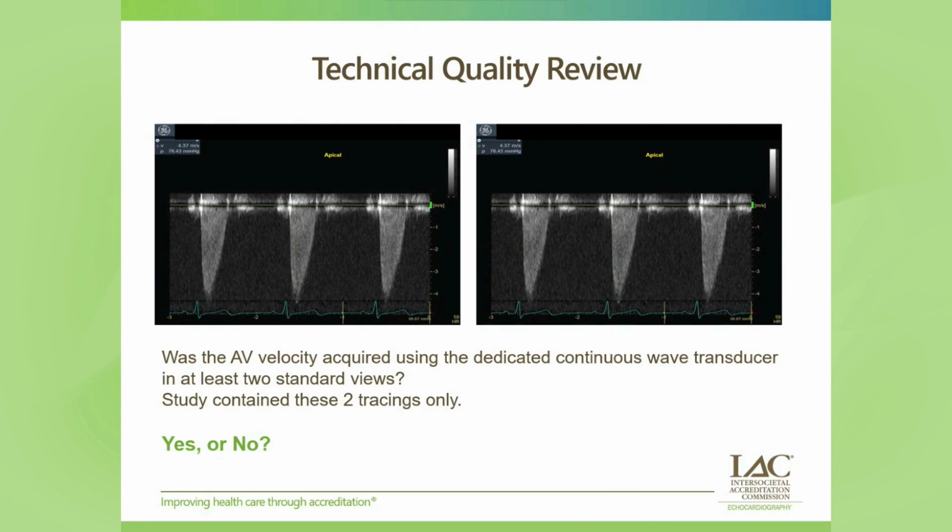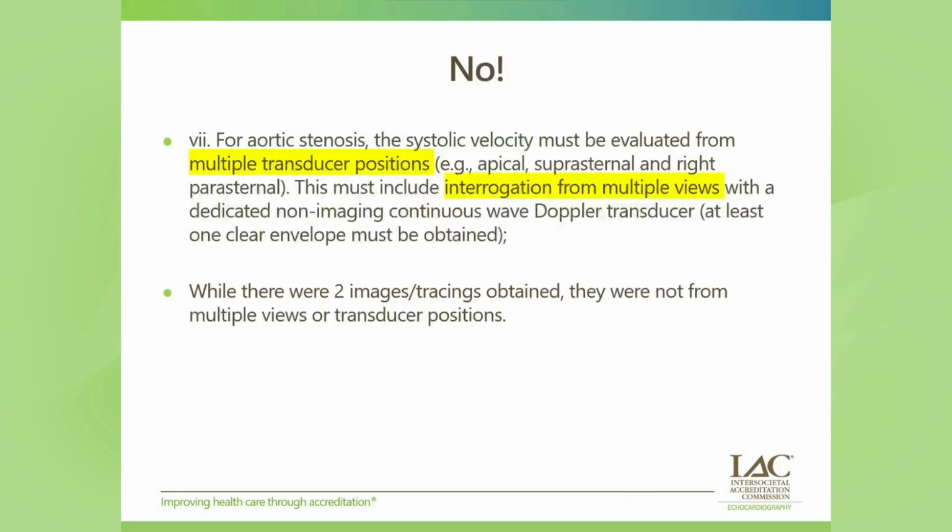So the QI tool is going to ask the question, was the aortic valve velocity acquired using a dedicated continuous wave transducer in at least 2 standard views? Then your answers would be yes or no. So let's look at the standard. The answer to the question is no, because the standard states for aortic stenosis, the systolic velocity must be evaluated